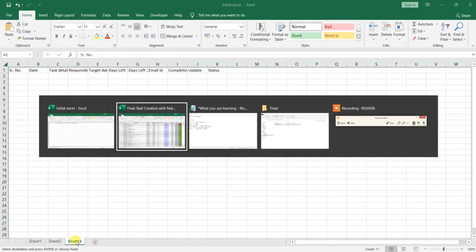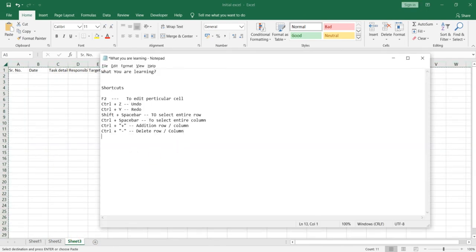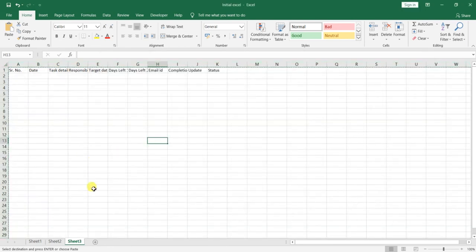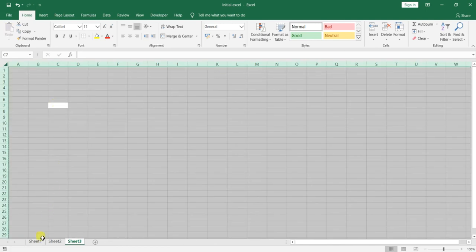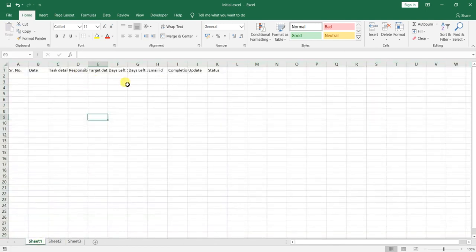So let us mention Control C for copy, Control V for paste, right? This is the shortcut. Now we want to delete all this, Control A, delete. Okay, so we have just prepared all the columns.